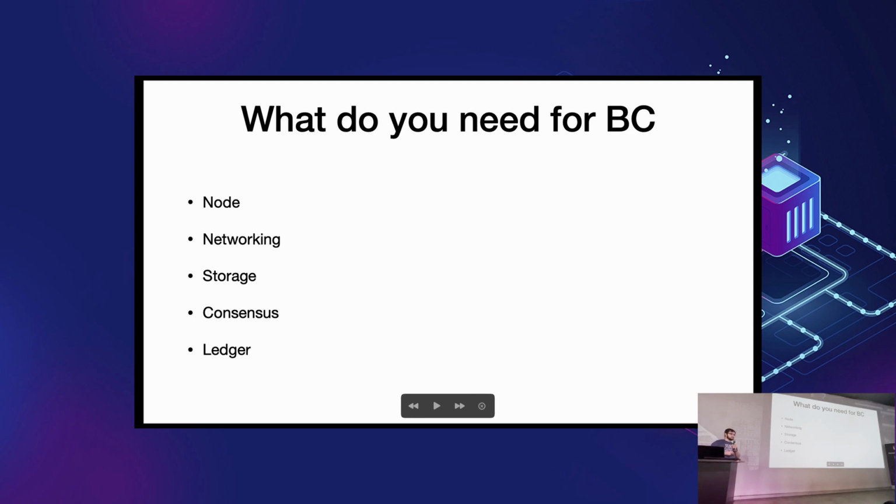Then you need storage, but not a database, because blockchains usually support reorganization, so you have to have versioned storage that is able to jump back. And it doesn't require jumping back only when there is reorganization, because sometimes people will ask you, hey, what's the state of this contract, but at block height now minus 1,000, and you have to handle that case, which is first preserving that contract state and then being able to access it pretty quickly, for example, for